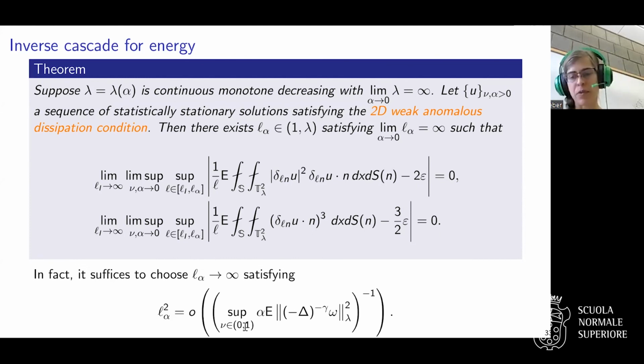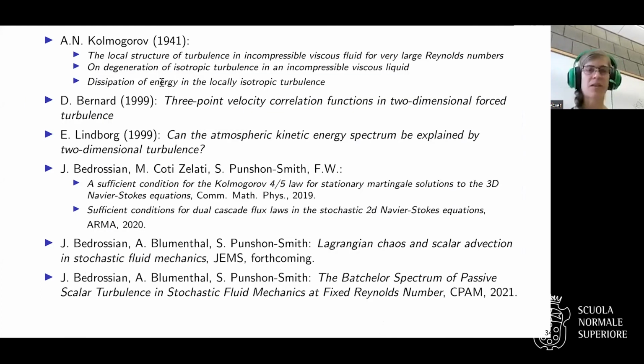Yeah, and the proof ideas are again kind of similar, but you have to mess around a little more with some higher order tensors. And I guess the harder part was to figure out what one has to prove and what the correct model is. Here are some references. The three papers by Kolmogorov, of course, from 1941 that I was referring to. And these two papers by Bernard and Lindborg are related to two-dimensional turbulence and structure functions. And then these are the papers that I explained just now.